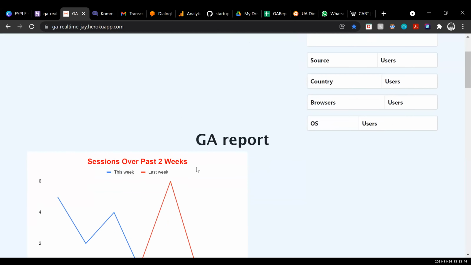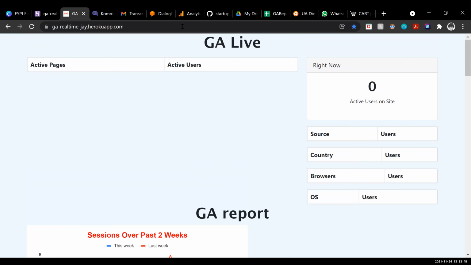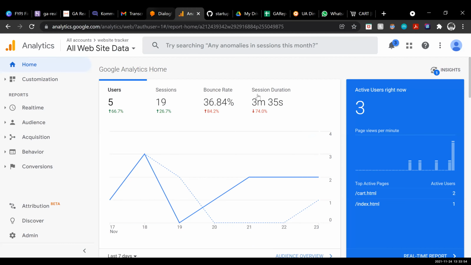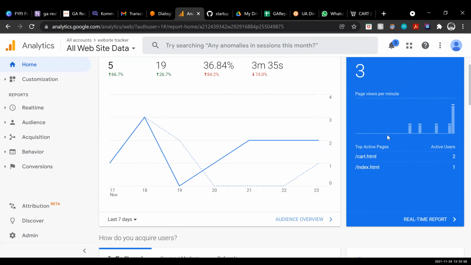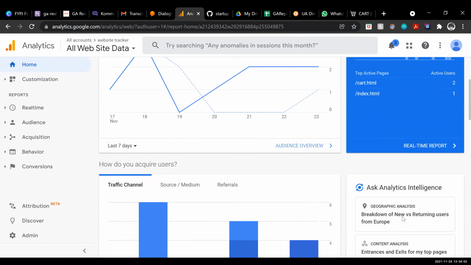Then for this report, the analytics will have to be updated first before this one gets updated, right? So can you check the Google Analytics? Where is it supposed to update? Where did you extract? Oh, here, three page views. And what else did you grab? You grab this side only.